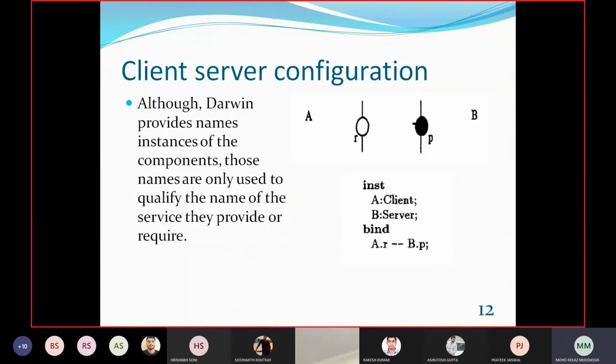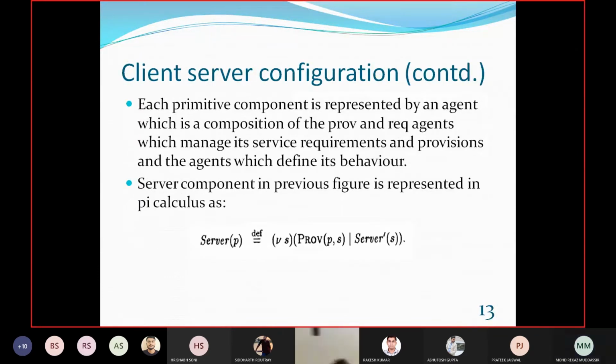The server primitive component is used to provide some service: prov P comma S, and then the vertical bar and server dash S. I have already told you that P is the access name, S is the service that it is providing, and vertical bar server dash S. So what does server dash represent?